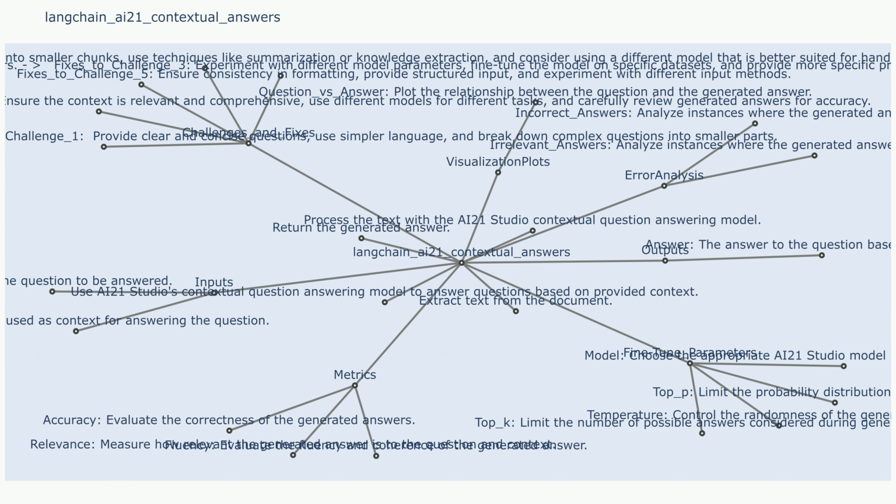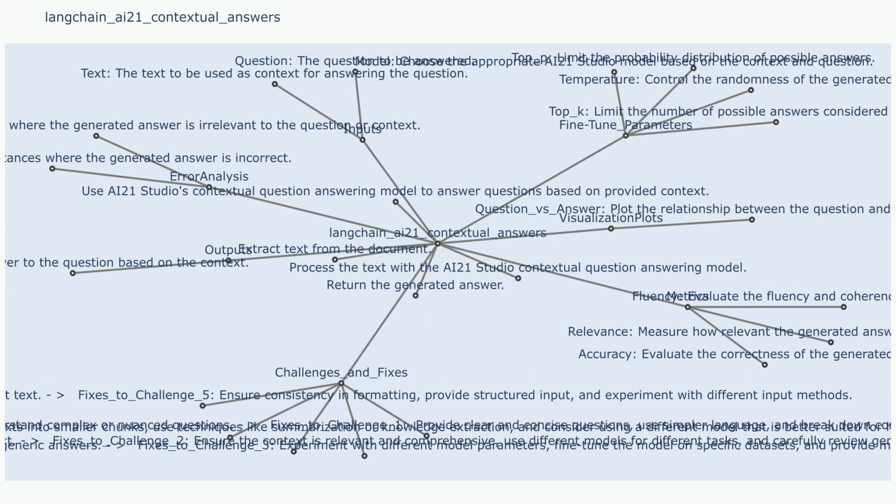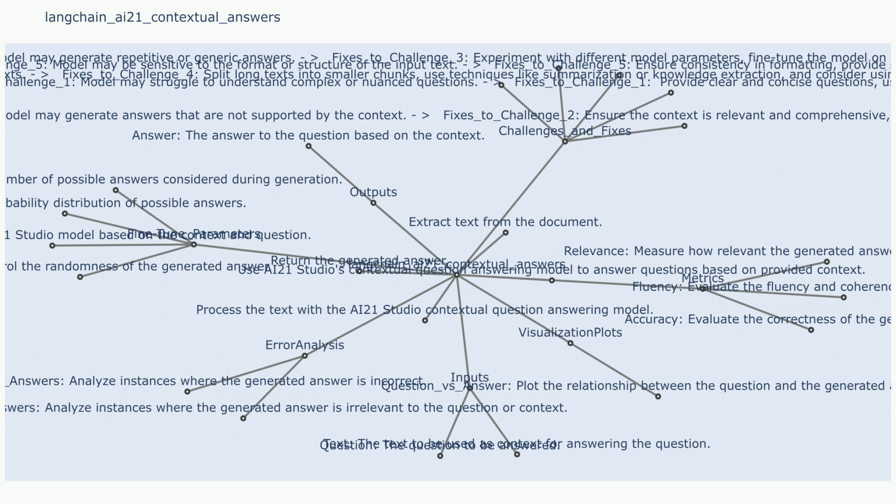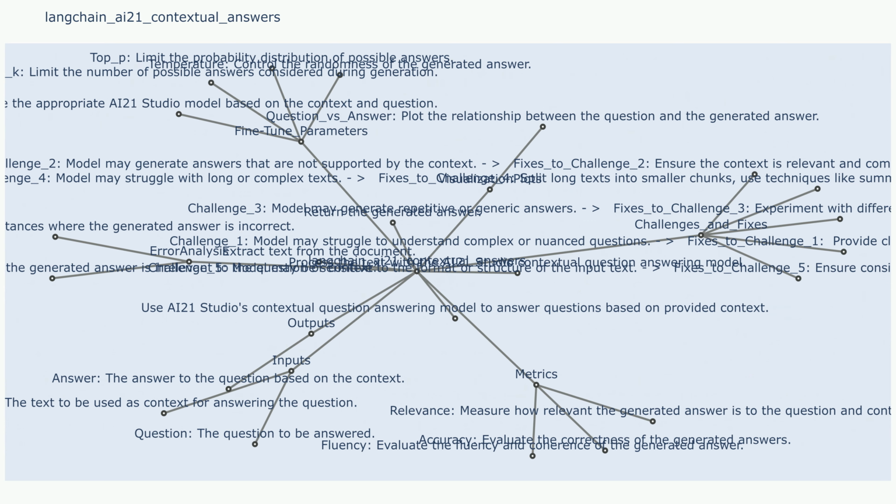Question: the specific question you want to be answered based on the provided context. Outputs: answer: the generated answer, derived from the context and the question. Steps: the tool first takes the provided context and question as input. The context is then processed by the AI21 Studio's Contextual Answers API. This API utilizes a powerful language model to understand the context and identify relevant information. The API then uses this understanding to generate an answer that directly addresses the question, while staying within the bounds